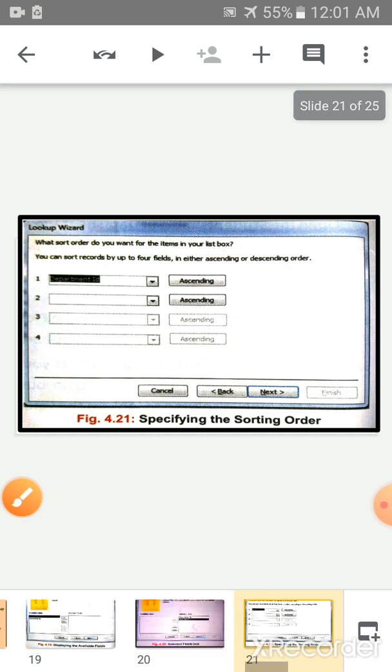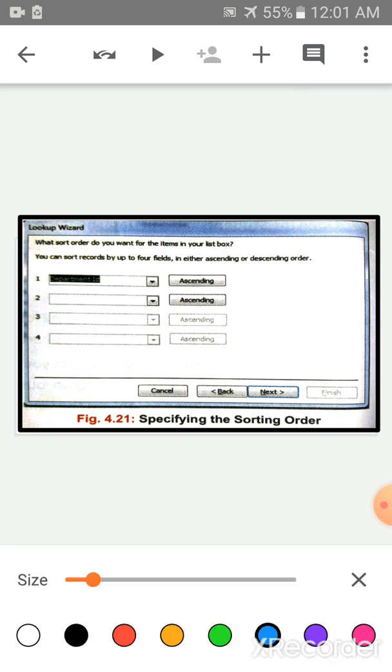Now after this screen children, next screen is specify the sorting order. Children, this is the sorting order. Children, in lookup wizard it will ask to sort the records by up to 4 fields either in ascending or descending order. You can click here, select this ascending or descending order 1, 2, 3, 4 and lastly click on next button.